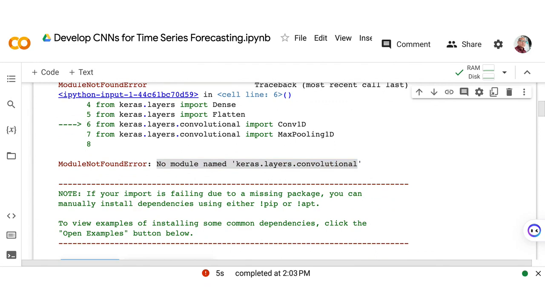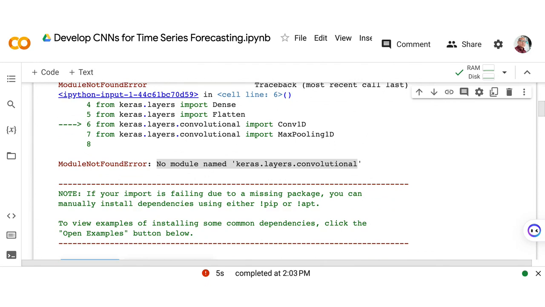As I assume, the problem here is there is an error message. We can see that the error message is more on the module name keras.layers.convolutional. So this is usually happening when perhaps the module is not correctly imported.